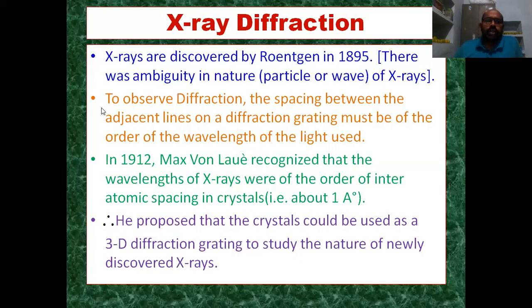So X-ray diffraction. The X-rays were discovered by Röntgen in 1895. These rays fall in between ultraviolet radiation and gamma radiation in the electromagnetic spectrum. Okay, these are high energetic rays,